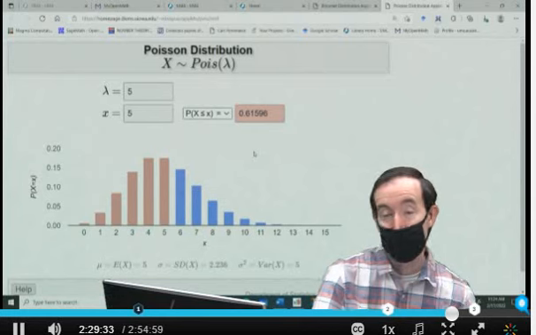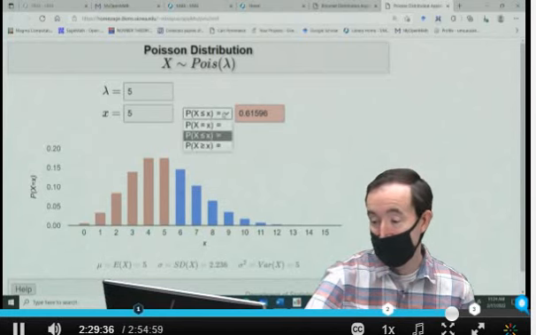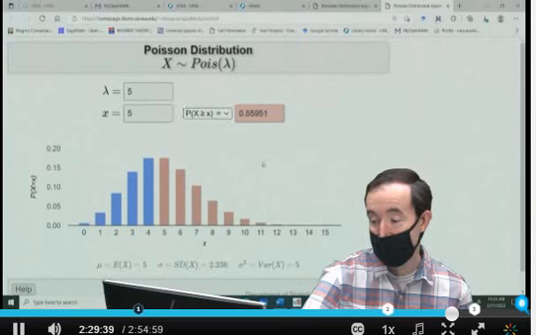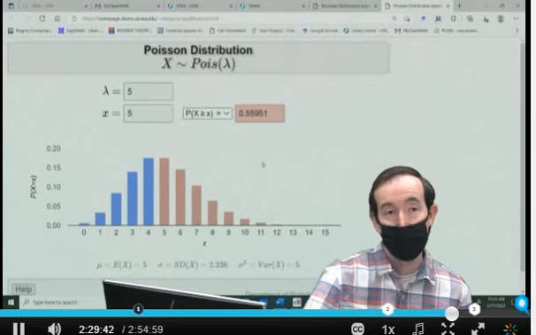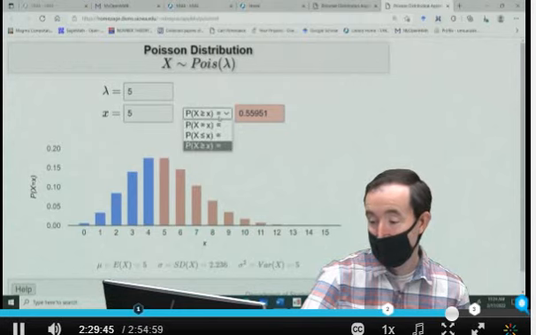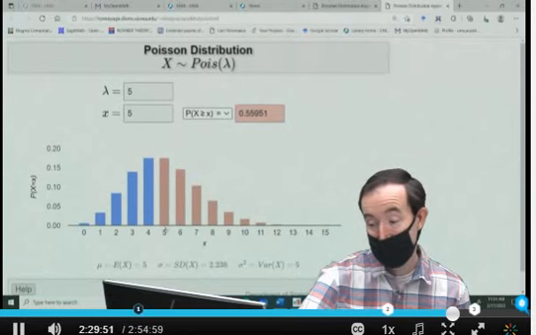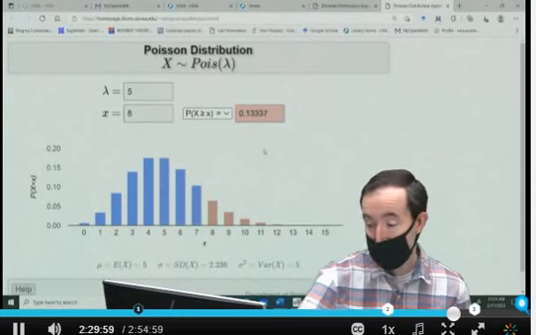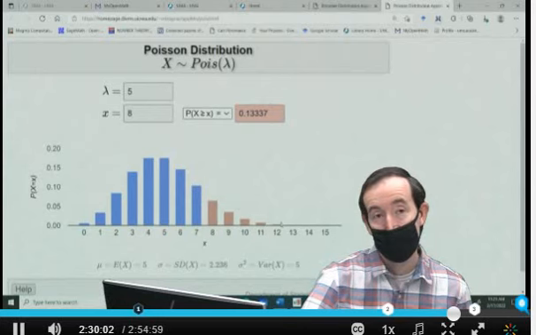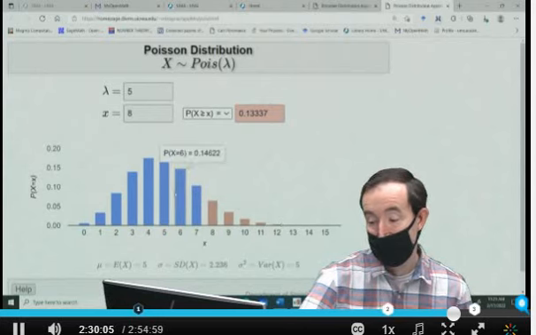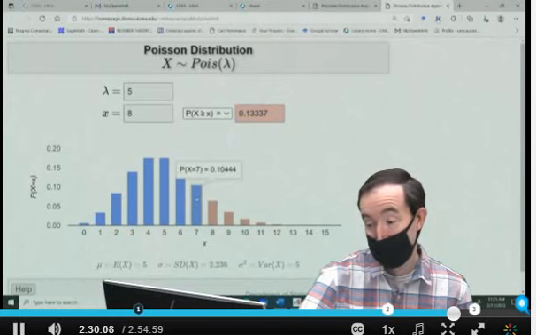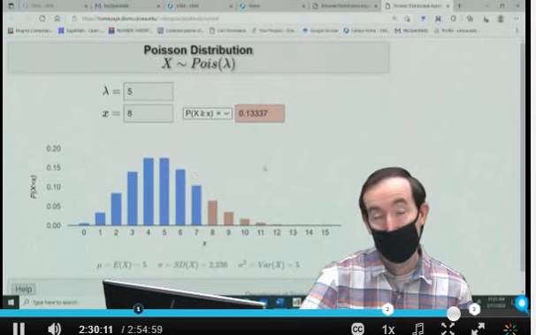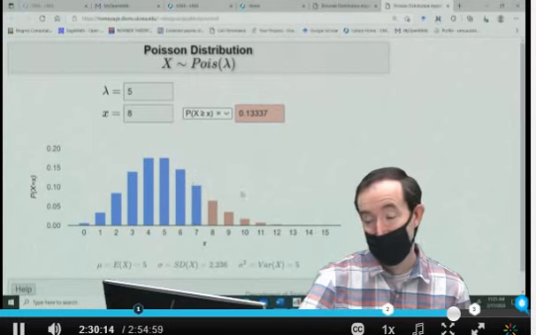61%, 61.6%. What's the probability I see at least 5 patients? 55.95%. And if I wanted to find the probability I see between 5 and 7, what I could do is I could take this number, 0.55951, and subtract this number, because these will be the ones I don't want. And that would leave only the 5, 6, and 7 cases. Or I could simply look at 5, 6, and 7 separately and add them together. Whatever's easiest for you. Just be aware sometimes there's too many cases to do it that way.